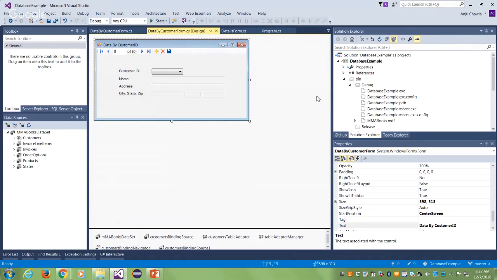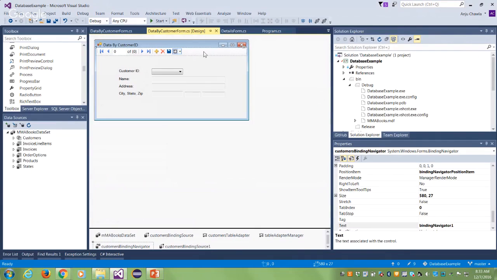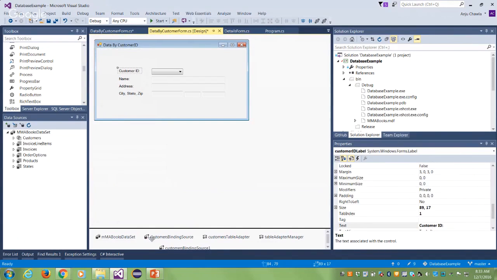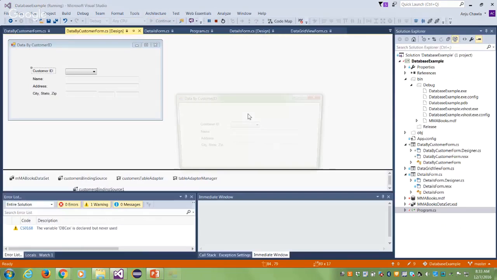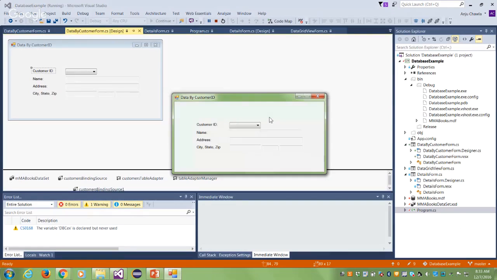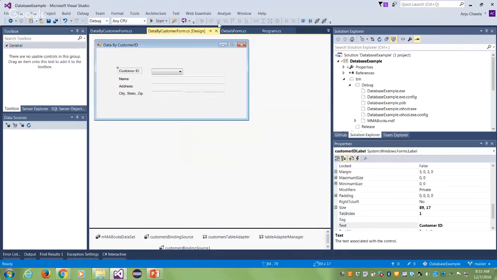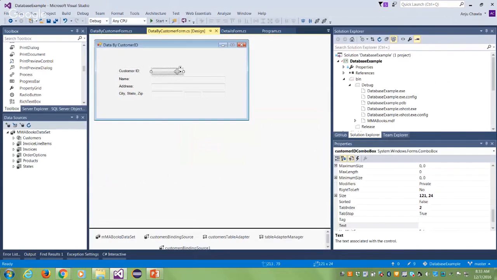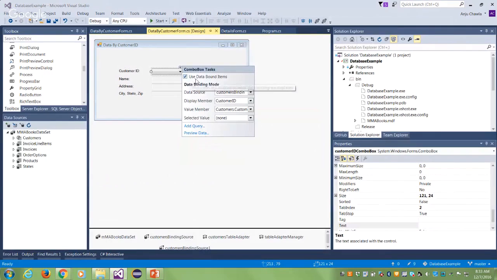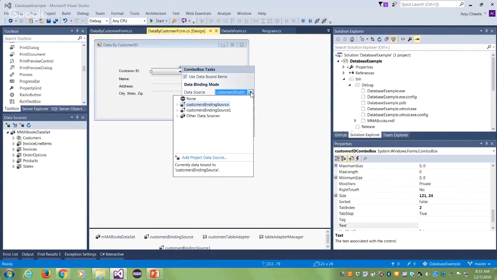Okay, let me try. Though I thought I could do it at the end. I'm going to take my navigator and just delete it. So you can take your navigator and just delete it. And maybe that's causing the problem, though I don't see anything, but I have to find a reason why it's not working. What am I doing wrong? Think about it for a minute. That's my combo box. I went to its property. I said use data bound items. And I said my data source was,